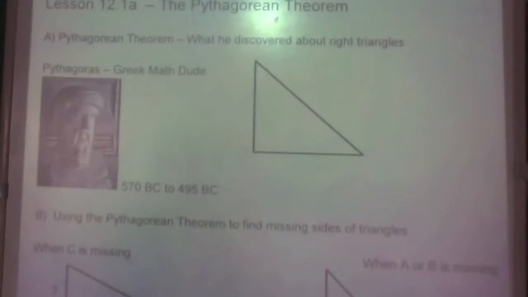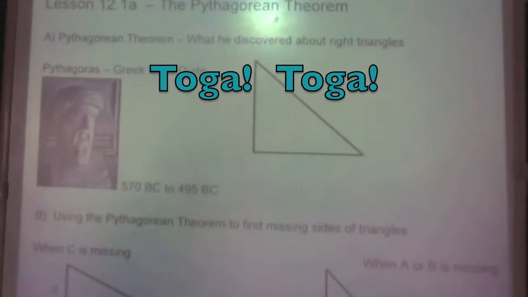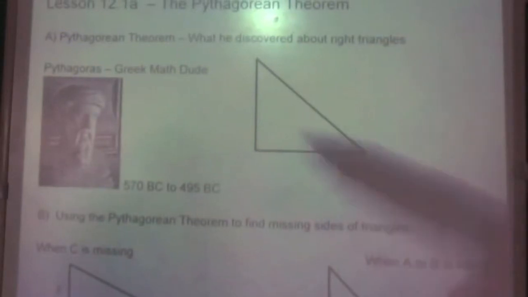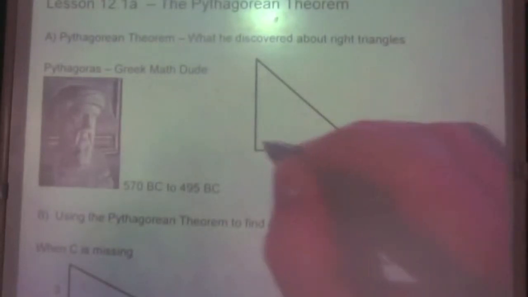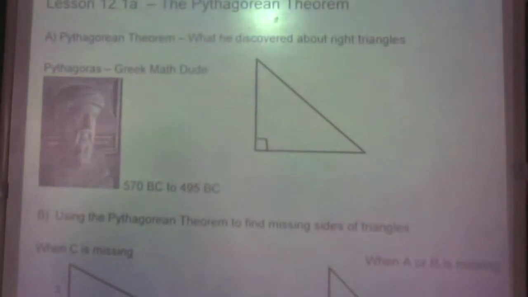So one day, Pythagoras was probably sitting there on a stone chair, because they didn't have much for furniture, and he was probably thinking about what type of toga he wanted to buy next, the latest fashion in togas. And he was probably playing with a stick and drawing some triangles in the dirt, and he discovered something about these triangles right here, a right triangle, a triangle that has at least one right angle. And this is what he found out.